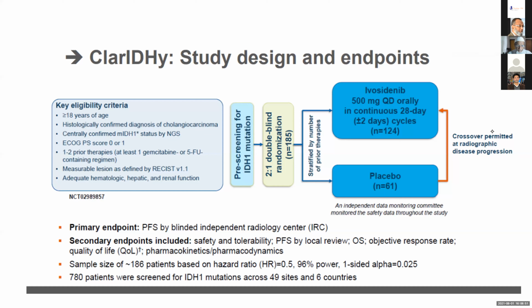And pre-screening mutation was done. All the patients were randomized 2:1. One patient is getting the placebo treatment, and the two patients are getting ivosidenib as an IDH1 targeted therapy. It is also an ongoing study, and the interim data shows that